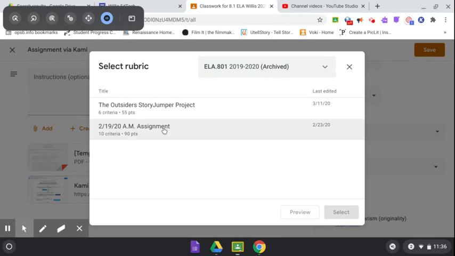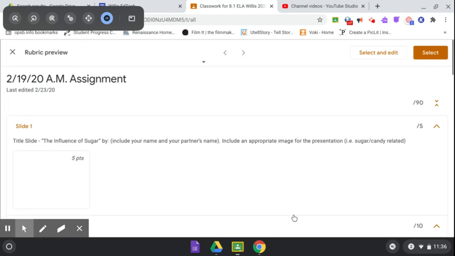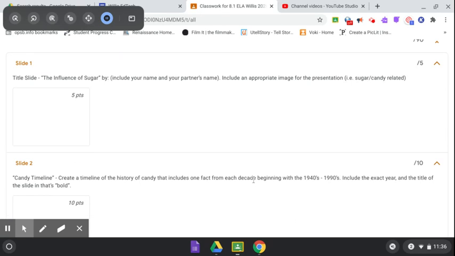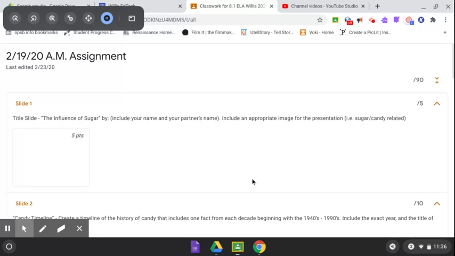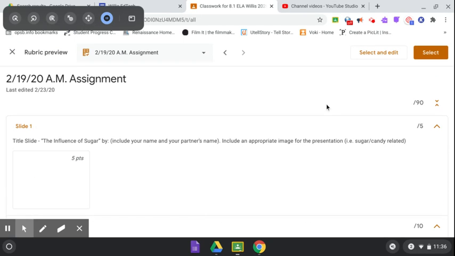So let's click on this rubric right here. Once I select that rubric, I can go ahead and add it to the class by clicking select, and it will be embedded with that assignment. Or I can click preview to check to see if this is the rubric that I want to use. Look at the criterion, how many points it's worth. And from here, I can say, okay, I want to use the first two, or I want to use half